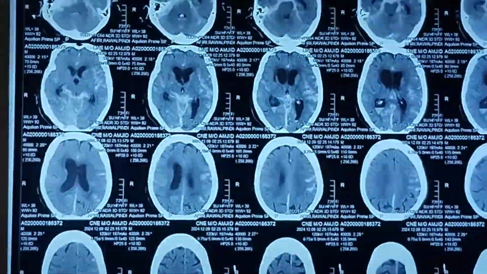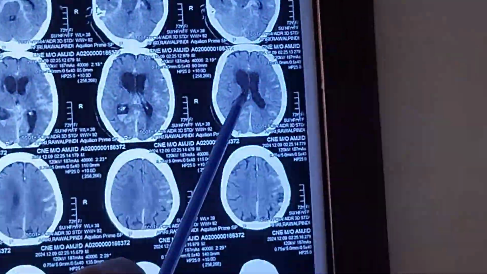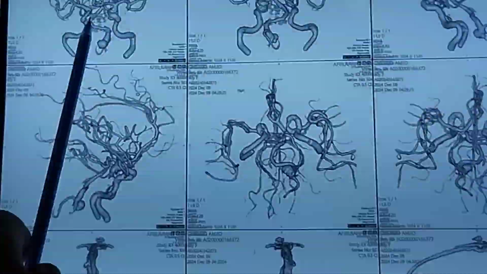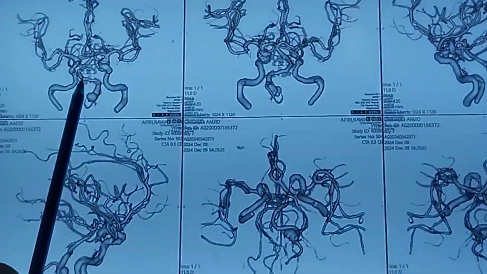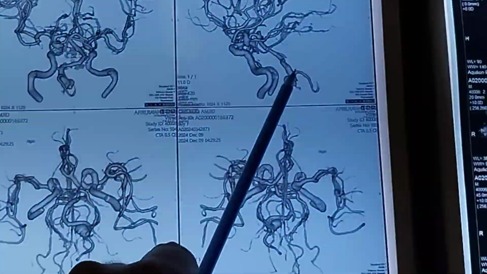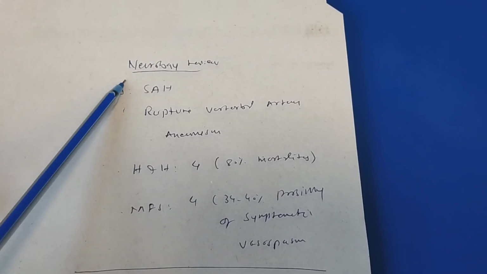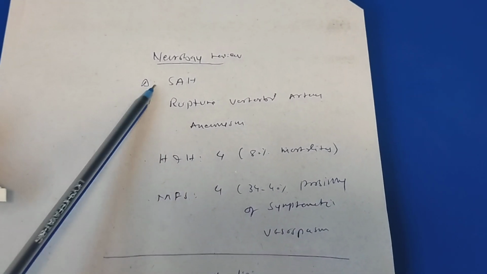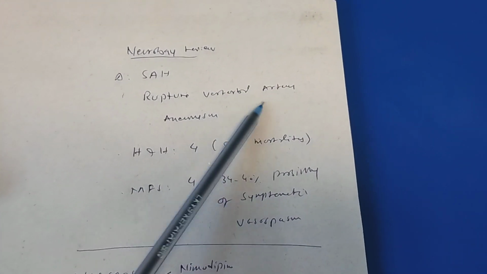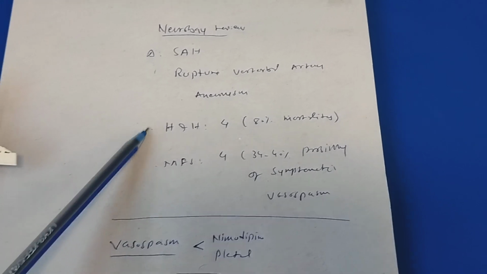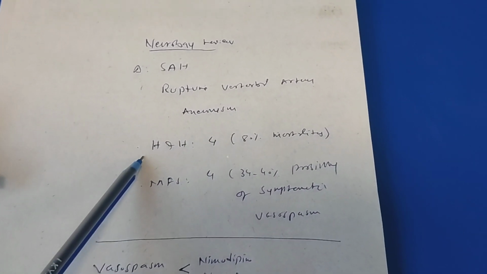So this patient is having extensive thick subarachnoid hemorrhage with hydrocephalus, and upon CT angiogram this patient is having subarachnoid hemorrhage due to rupture of vertebral artery aneurysm. I have already uploaded many videos on subarachnoid hemorrhage and the treatment of subarachnoid hemorrhage. This subarachnoid hemorrhage was due to rupture of vertebral artery aneurysm. So the two scores we have to find when we have subarachnoid hemorrhage, the one is HNH, the another